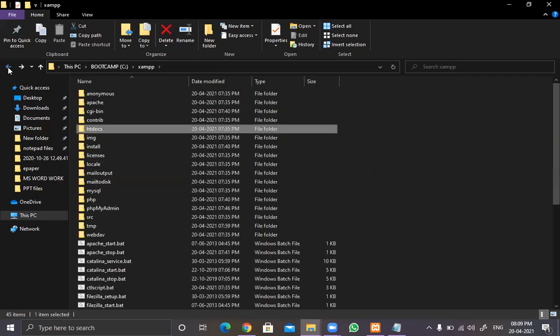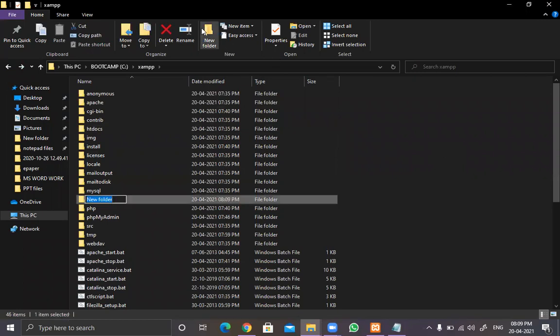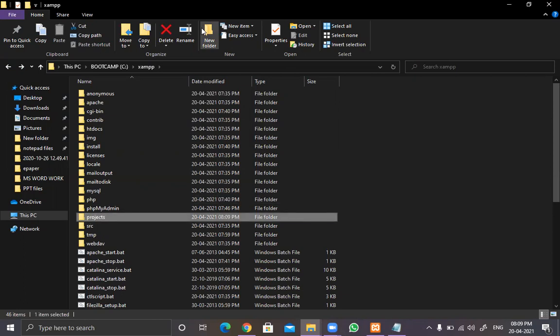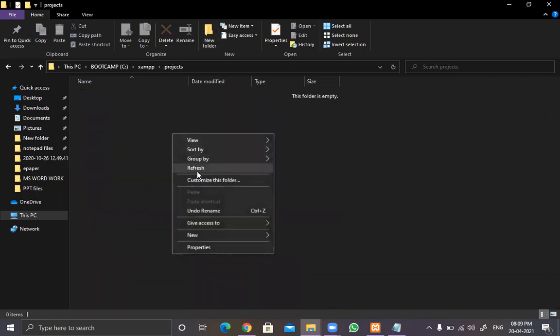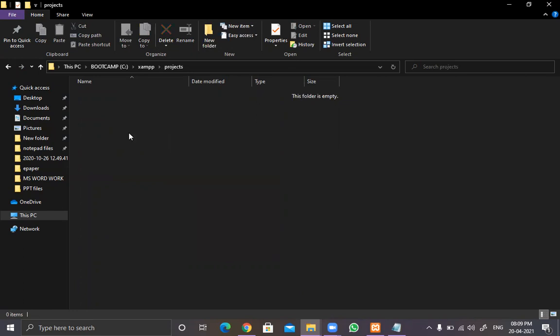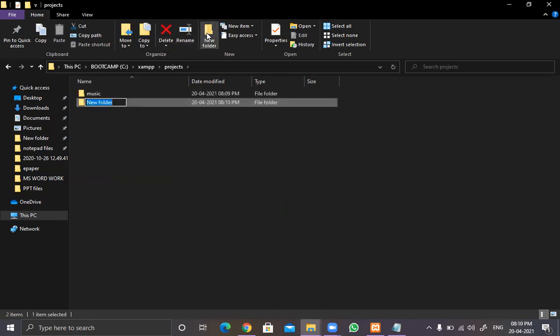So I'll be creating another folder over here called projects, and within this projects folder I'll be creating different folders for my projects. So let's create the first folder as music, another folder as tourist.